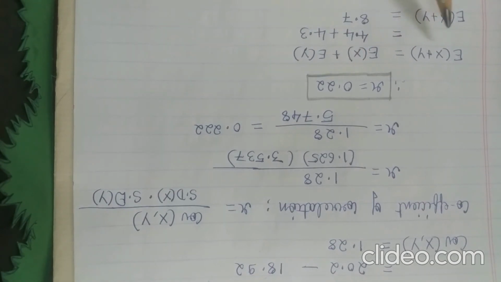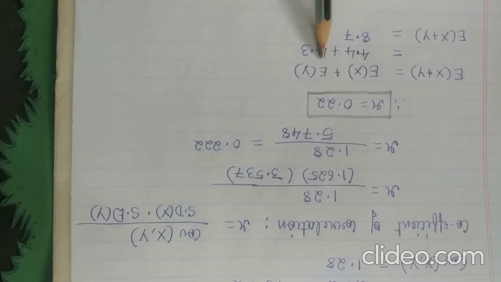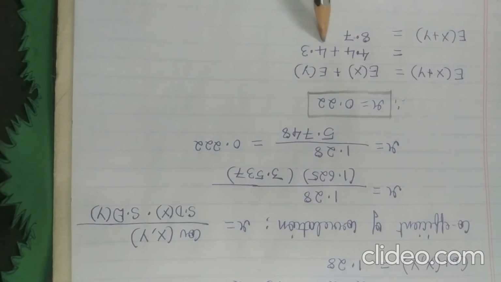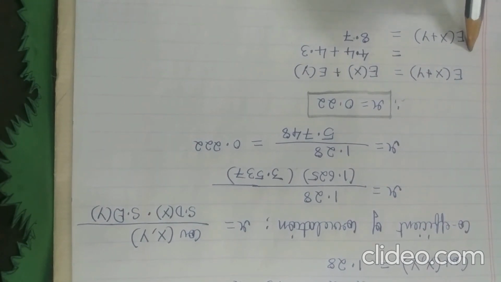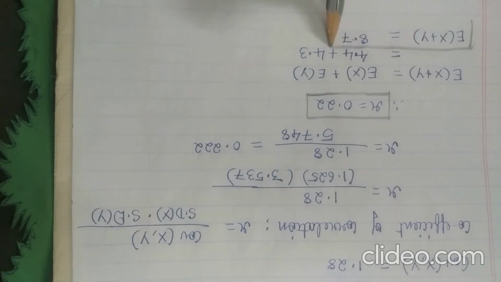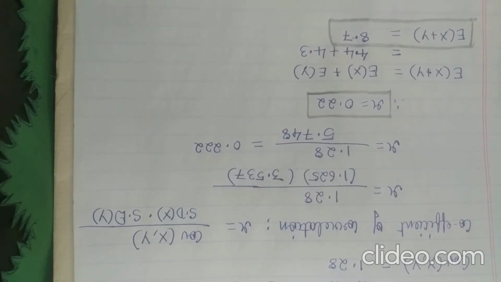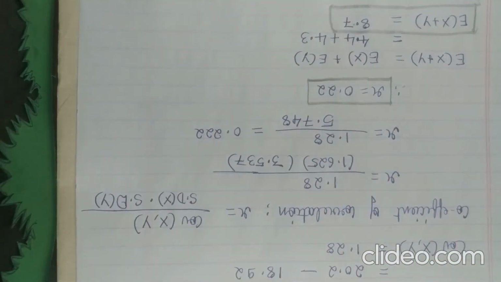The next thing we are supposed to find out is E of x plus y. E of x plus y, very simple formula, which is equals to expectation of x plus expectation of y. Expectation of x and expectation of y we have found out in our previous steps. Expectation of x, that is E of x, is nothing but 4.4 plus E of y, it is nothing but 4.3. Add up both of these, you will get E of x plus y, that is 8.7. I hope you are getting the same thing when you are using your calculators. With this we finish this problem and also model number 3.